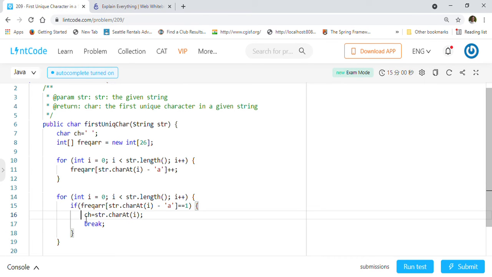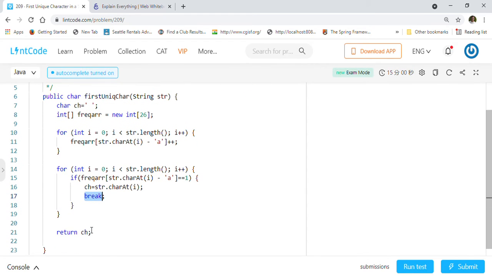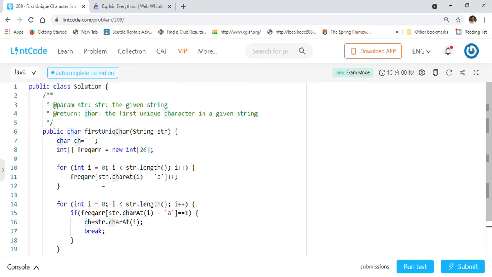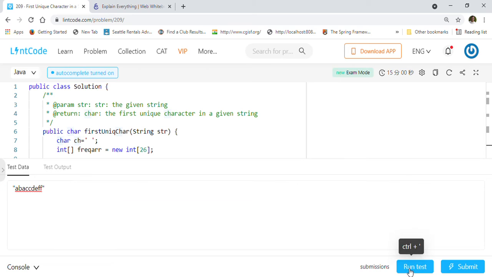Whenever we see frequency 1, we mark that character as our character ch, and we break out, because we have now found the first unique character in the string, and we return ch here, right. So this is the approach. Let me just show you. This is the string that we looked at. Now we'll quickly run the test.